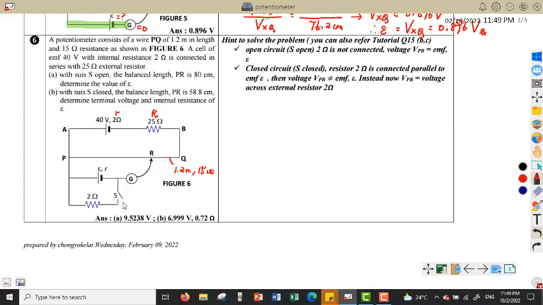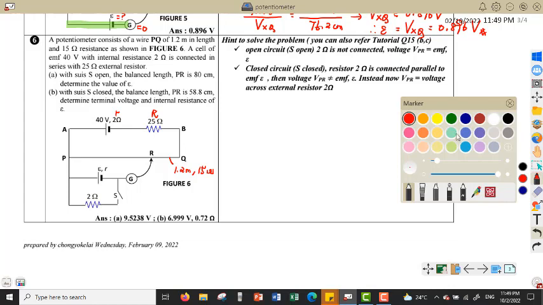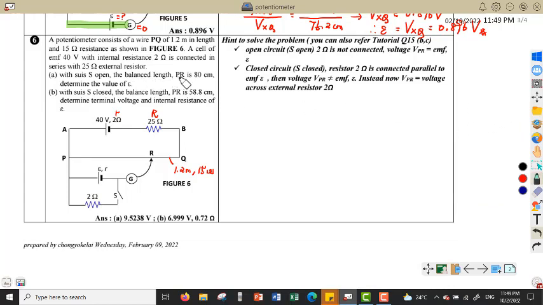With switch S open, the balance length PR is 80 cm. Determine the value of EMF. So class, we understood that when the switch S is open, we are not connected to the 2 ohm external resistor. So at that time, when our G reads 0,